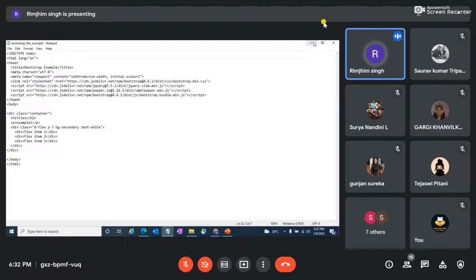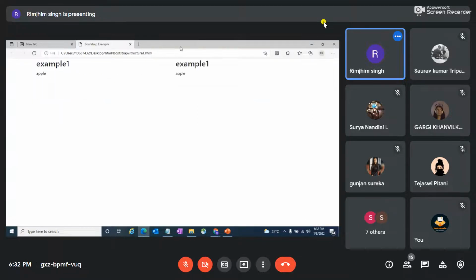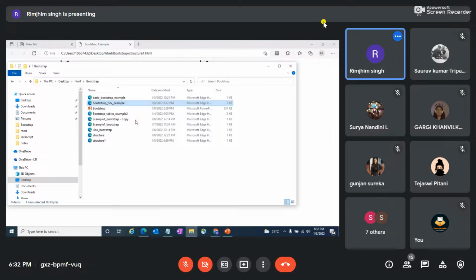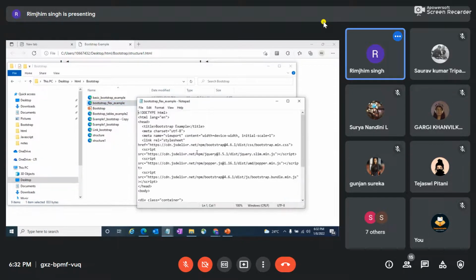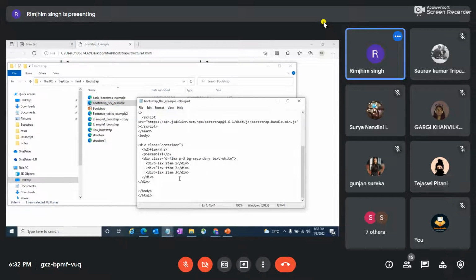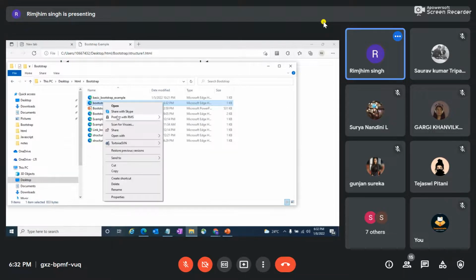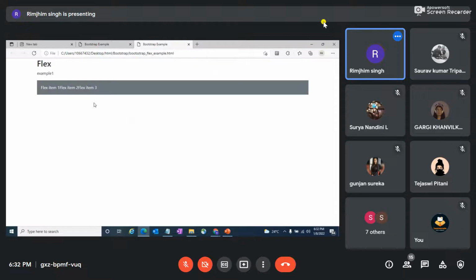Let's just run it again and see. Yeah, if you see here, the divisions which were appearing like P2, P3, are not appearing.